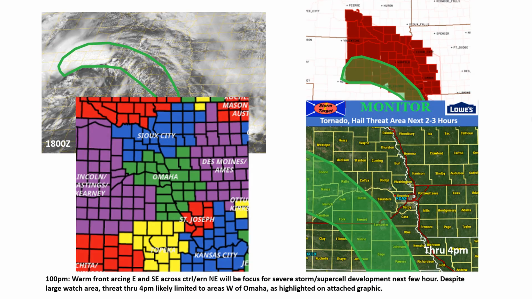Our focus is on the Omaha, Nebraska TV viewing area. The area of short-term threat covers the western counties of the viewing area, with less short-term potential further east, as indicated by the green area on the lower right monitor graphic, which is suggested through the chat message.